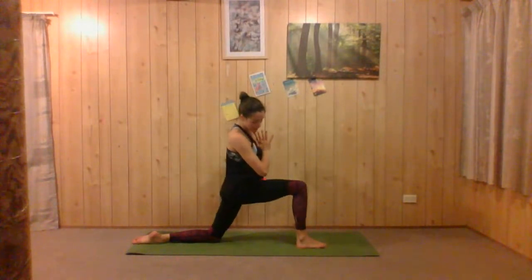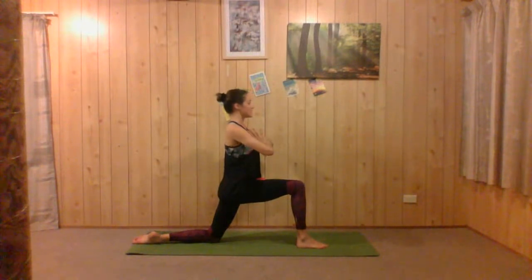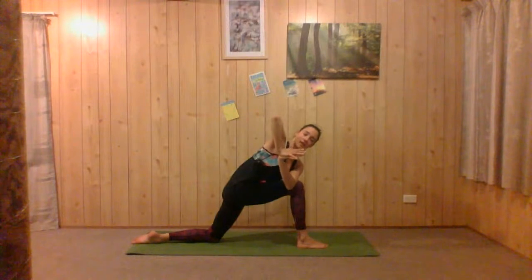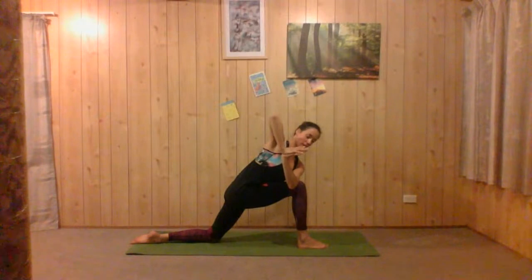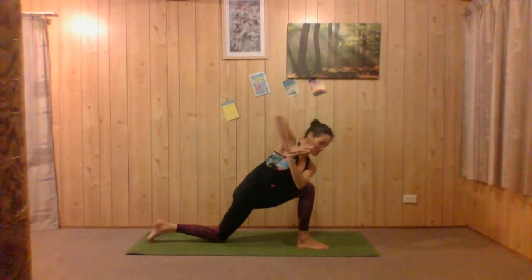We want to keep that front ankle underneath our knee. We're going to take an inhale and an exhale to twist. Left elbow to right knee, looking beside you. Trying to keep your arms open, not sunk into either shoulder, but really engaging through your core, pushing through your hands, shoulders away. We're then going to tuck the back toes, and if you would like a challenge, we're going